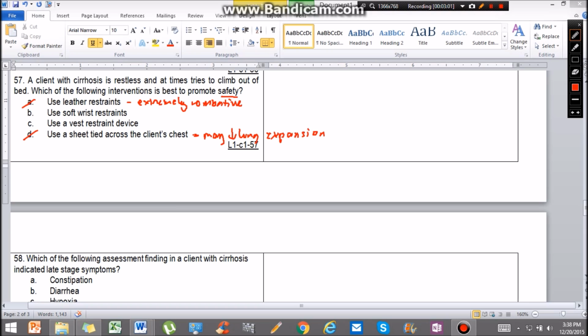Between B and C, we need to go back to the situation, wherein the client tries to climb out. A type of restraint that will not allow the client to even move in a sitting position is letter C, vest restraint. In wrist restraint, the client can still move in an upright position. The client can still sit in the bed. Therefore, there's a chance of falling still in letter B. That's why the best option to promote safety is using a vest restraint. C is the answer. Next,